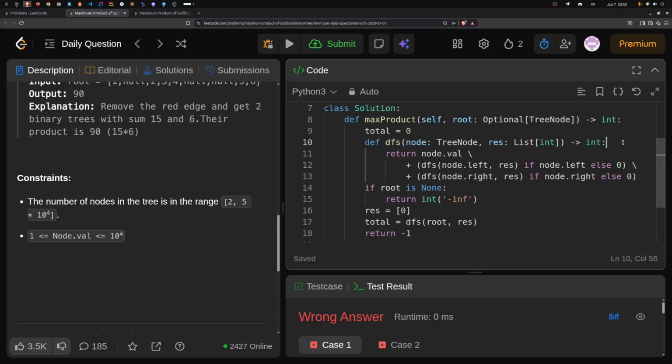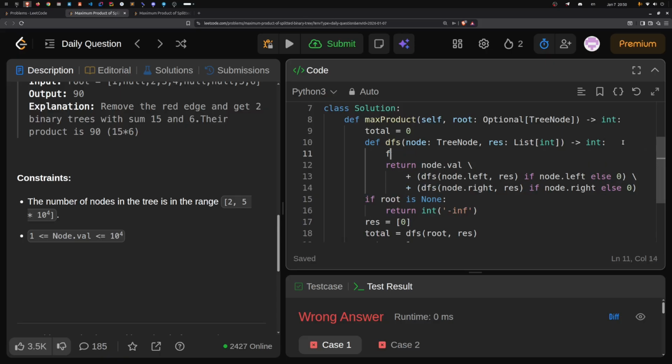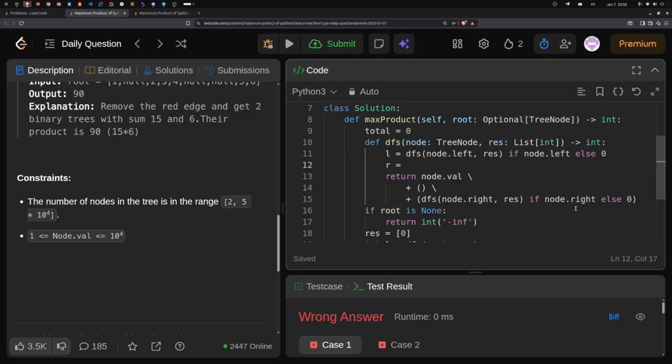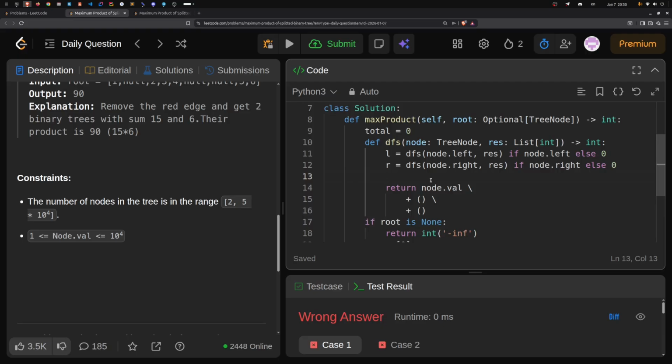Then I'll check that left is equal to this one, and right is going to be equal to this one, and then I'll check if